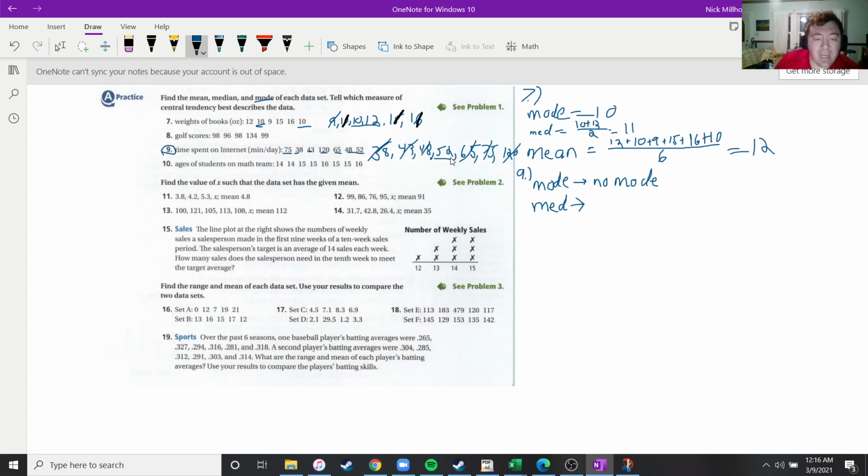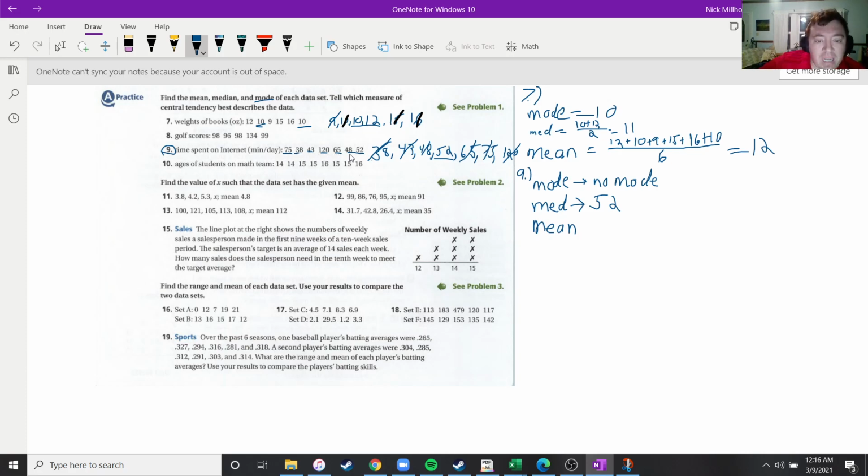Since this one has an odd number of data points, our median will be one of our numbers, and it's going to be 52. Now, you see here the median for number 7 was 11, and the mean was 12, relatively close to each other, right? But we didn't really have anything called outliers, and those are numbers that lie really far above and below our normal set of data. So in this case,